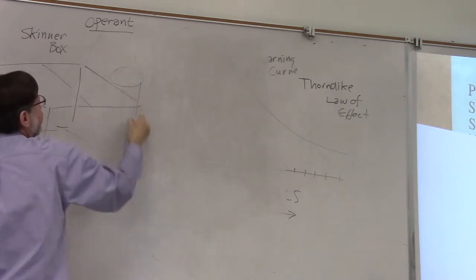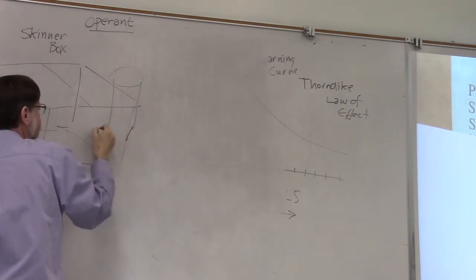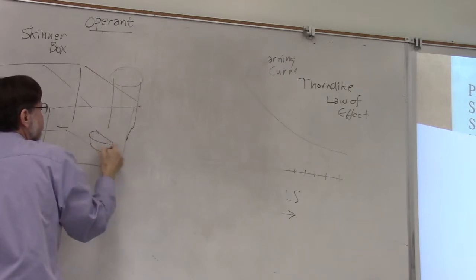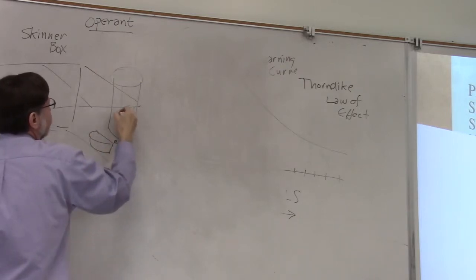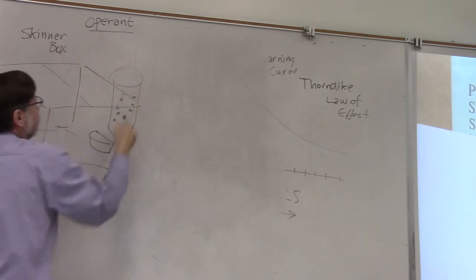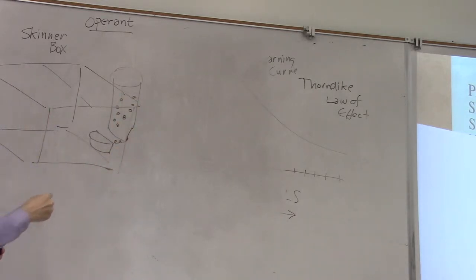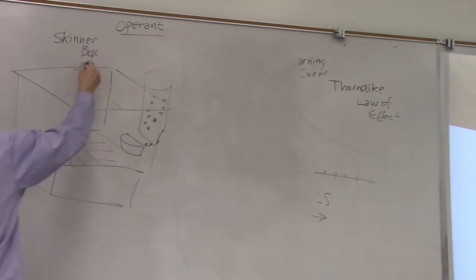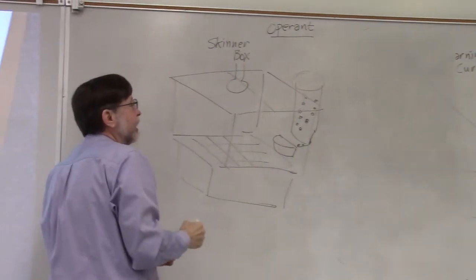And what Skinner's got in this box, he's got a number of things set up. So he's got a food tray, and a device full of pellets of food on the outside, and a machine so that when he pushes a button, a pellet of food will be released into the tray inside the cage. There's also a grid. He's got a rat, for example, in there walking around on a grid with sawdust underneath so that the rat pees and poops, goes down into the sawdust to keep the rat healthy in there. There might be a light. We'll say more about that.